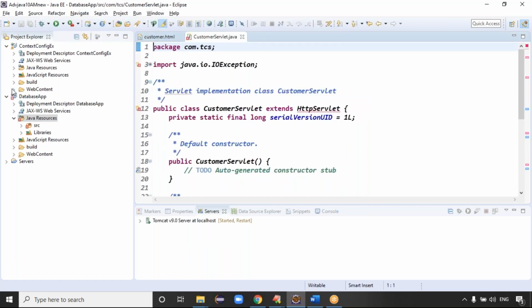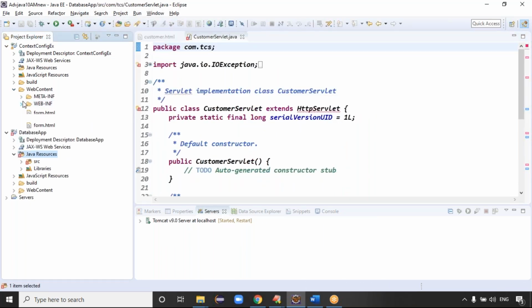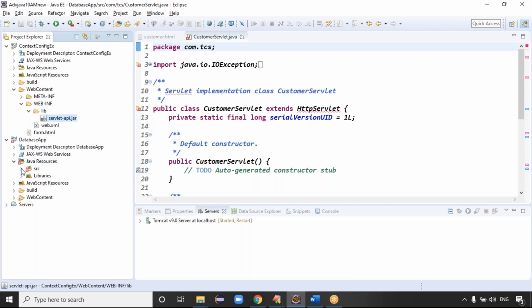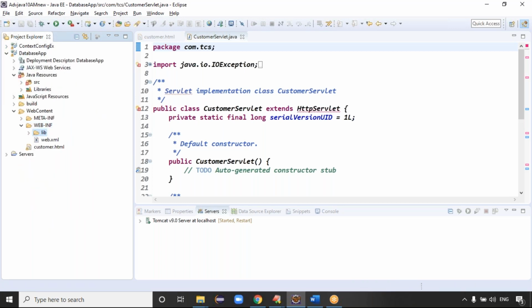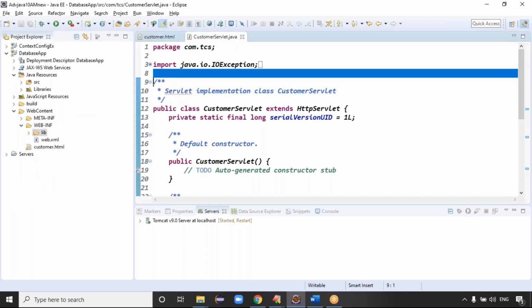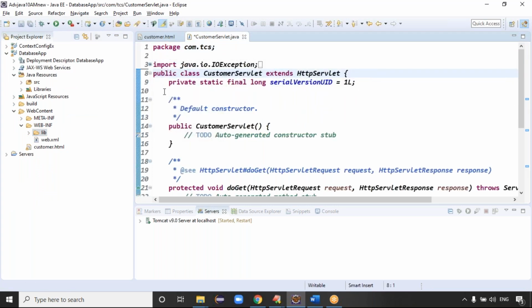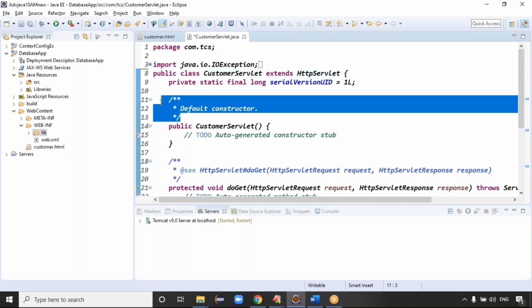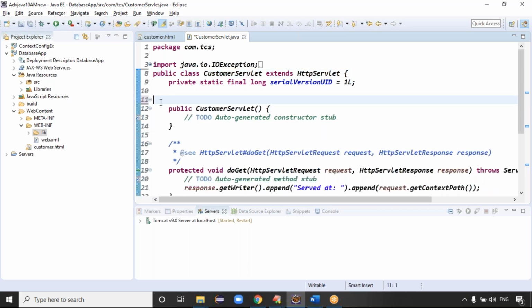It may be showing an exception because of the jar files. So go to the lib folder of the previous project and copy that lib folder's jar files. In the WebContent folder, WEB-INF folder, the lib folder is there. In that folder we have to place the required jars. The jar files are placed, everything is going good, right? Exactly. Then we have to override the doGet method and doPost method in the CustomerServlet.